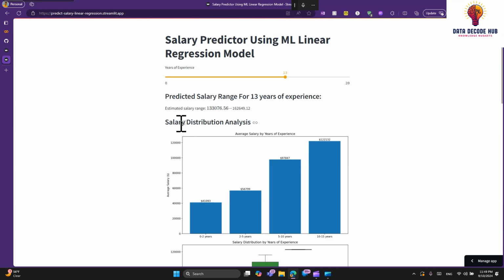Then you can see the salary distribution analysis. This is completely based upon the data set that we have. We have a really very small data set, but using the data set, this is how the bifurcation looks. And if you can see, for 13 years, it's falling in this range, and you see this number is close